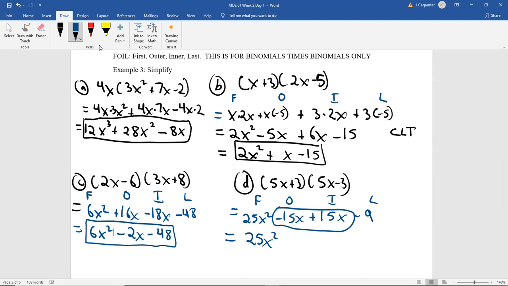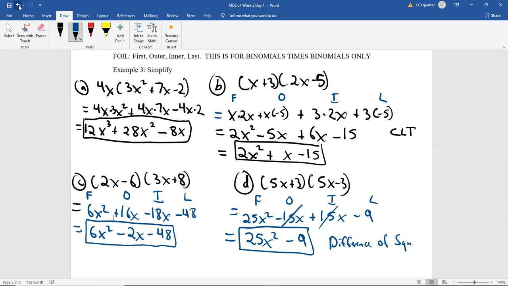What do they do? They cancel out. They're opposites of each other, a minus 15x and a plus 15x. They cancel each other out perfectly, and we end up with only two terms in the answer, the 25x squared and the minus 9. This answer right here is what is known as a difference